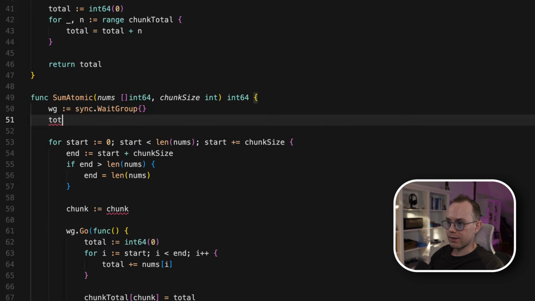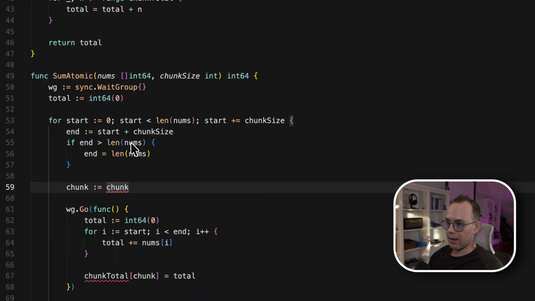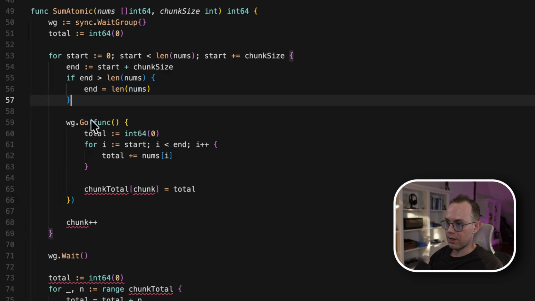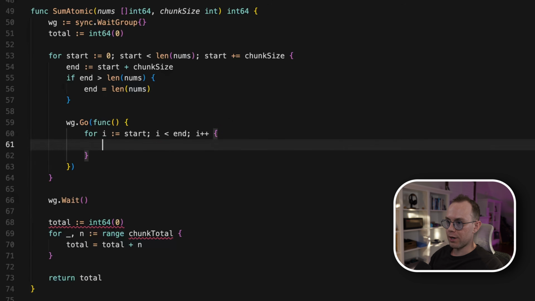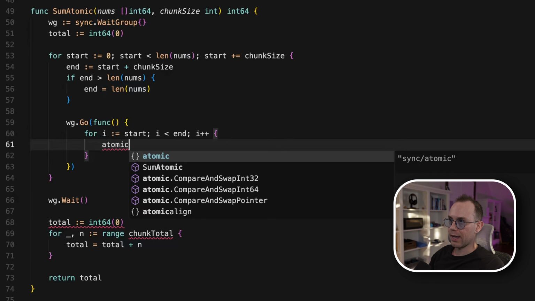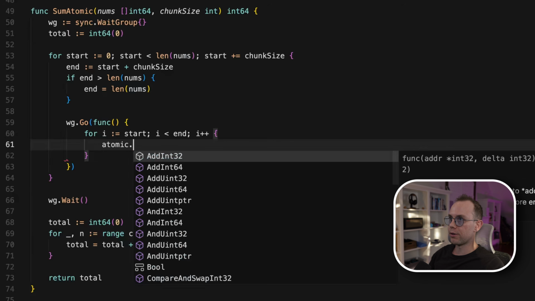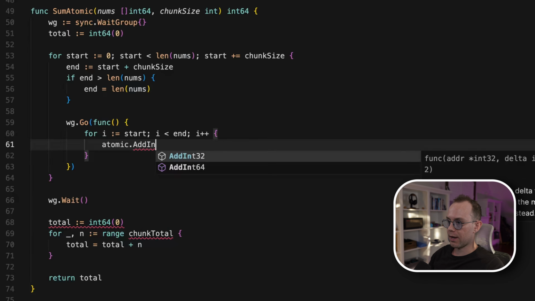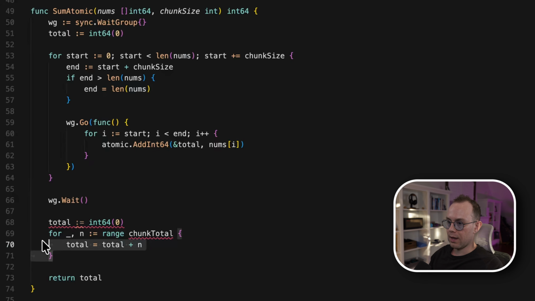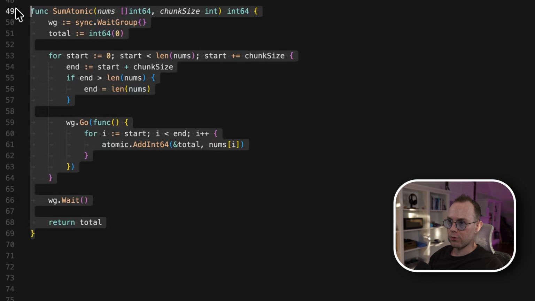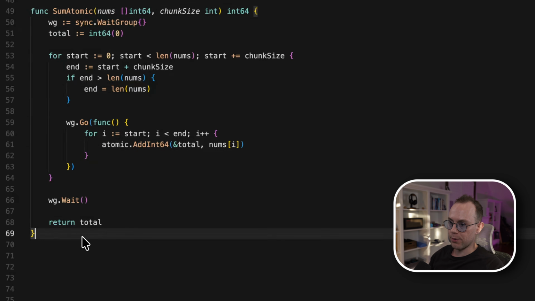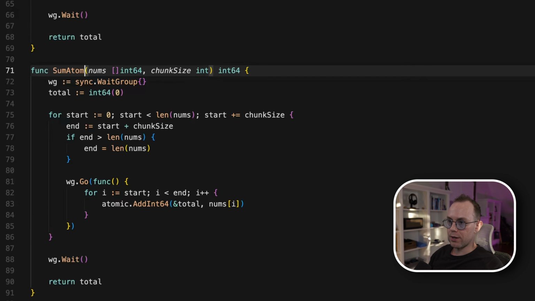We're going to have a single total variable, and this loop will look pretty much the same, just a bit simpler. We won't have a local total, and for each number in the chunk, we're going to add it to the global total using atomic.AddInt64. And we can get rid of this. Awesome. Now the next implementation will be almost the exact same as this one, but we're going to use a